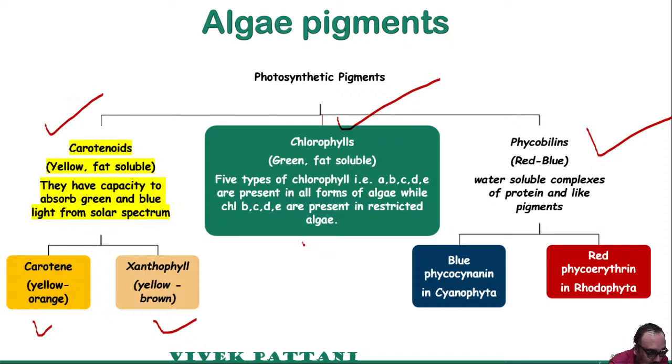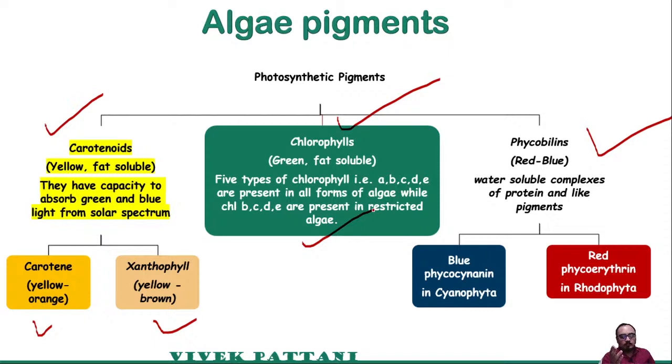Next comes chlorophyll, which is green in color and fat soluble. There are about five types of chlorophyll: A, B, C, D and E. Chlorophyll A is present in all forms of algae,